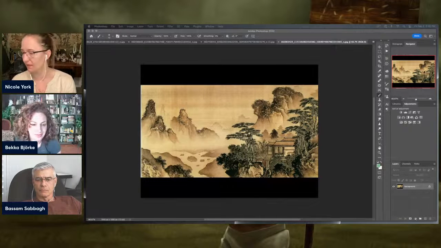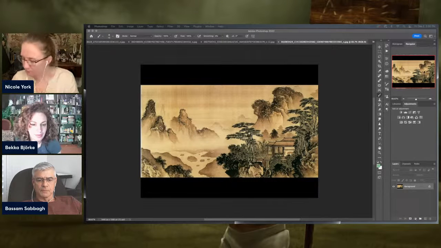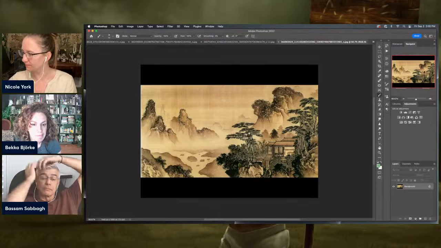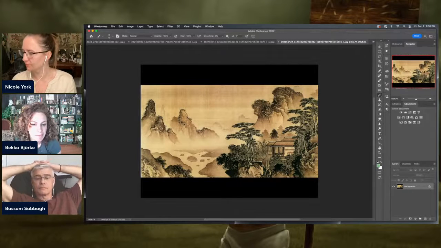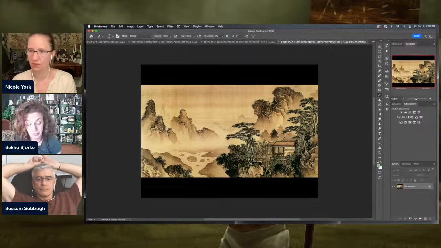Because I have something that draws my eye more than anything else, and I wonder if I'm the only one. Mountain camera, right? This one? If there's anybody in the audience, if you have a thing you see immediately, the thing that sticks out to you the most, I'm really curious to know.